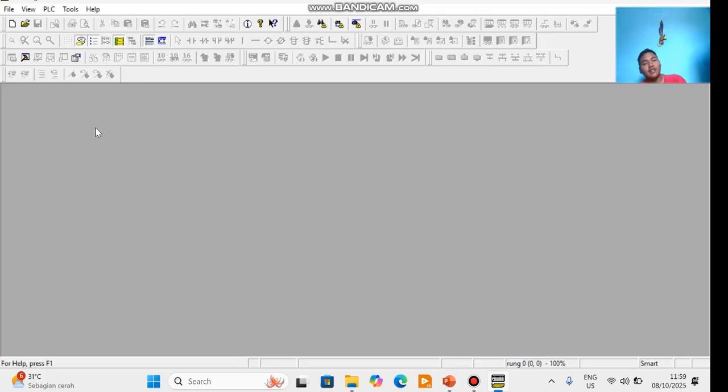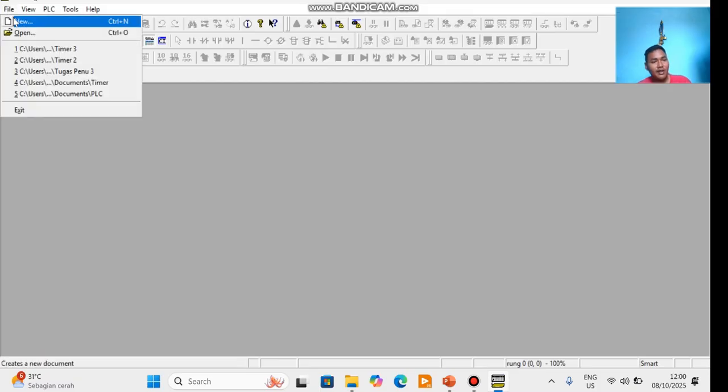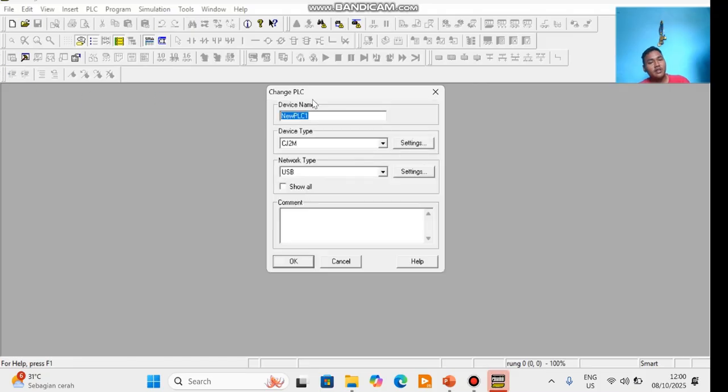In the first step, you make a new file: click File and New, and add a file name. Here I add the name.